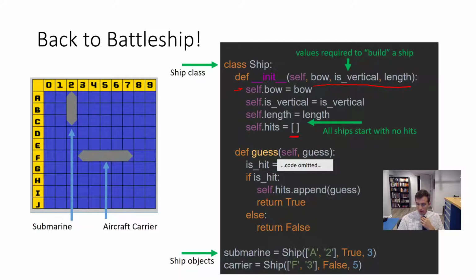So it is very typical in a constructor to have the local variable bow. You're going to use that to set the persisted variable self.bow. Okay, and self.hits is a persistent state variable that has a default value of empty. It's an empty array. So to use this constructor, let's go down to the bottom here. If I wanted to create a submarine, I pass in the 3 state variables that don't have a default, right? I need to give it the bow, whether it's horizontal or vertical,